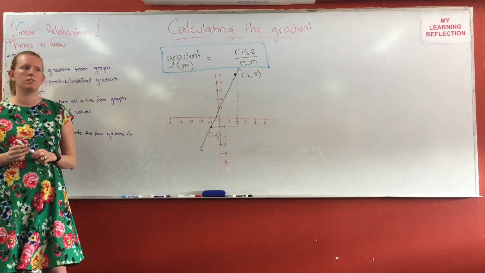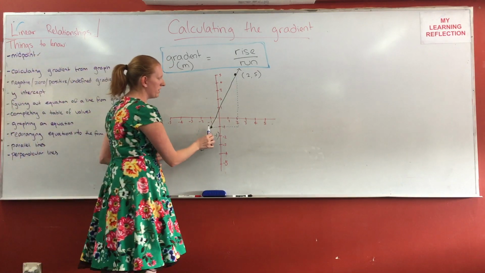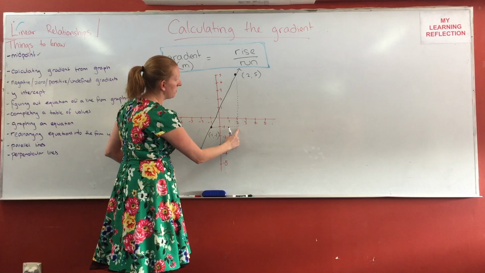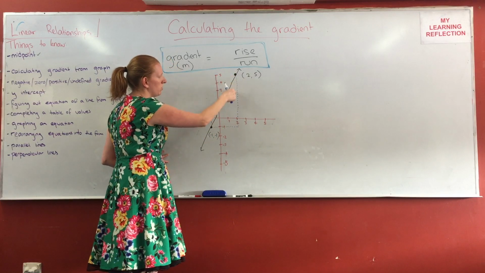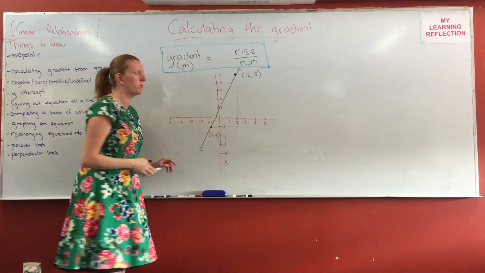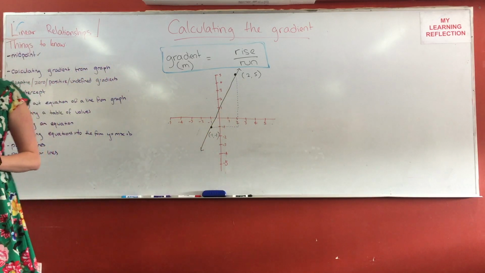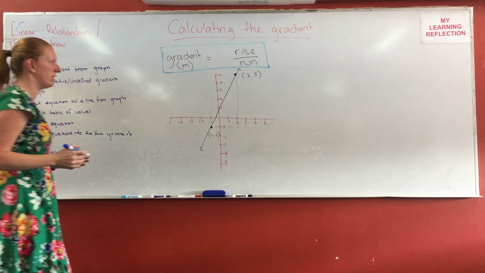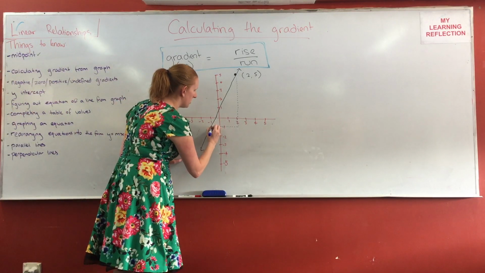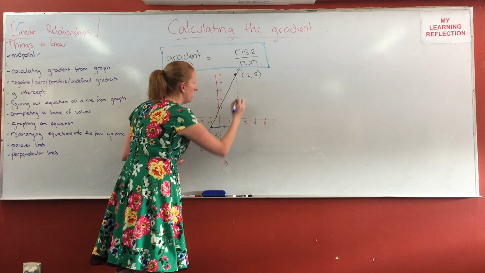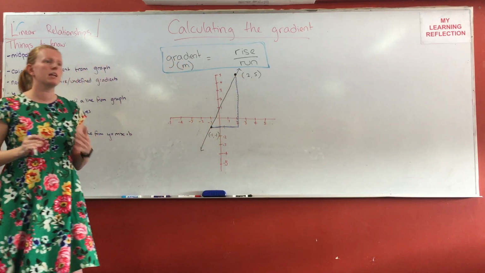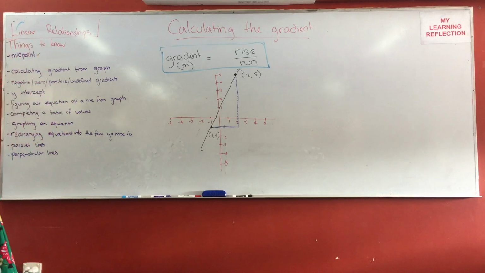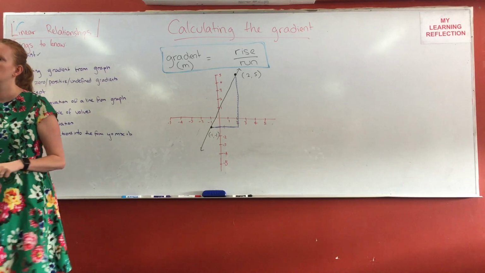Does that make sense? Yeah? So I've drawn a perfectly horizontal line out until it's in line with this point, and then I've drawn a vertical line all the way down until it's in line with my first point. Forms a triangle. Now that I have a triangle, I might actually make it a bit darker because it's on camera. Now that I have a triangle, how can I calculate my rise over my run? Any ideas? Peter? Calculate the distance between